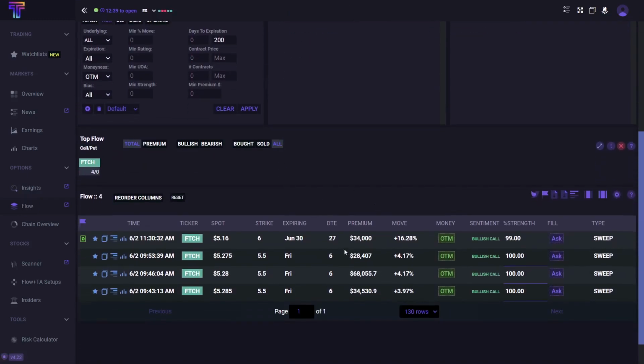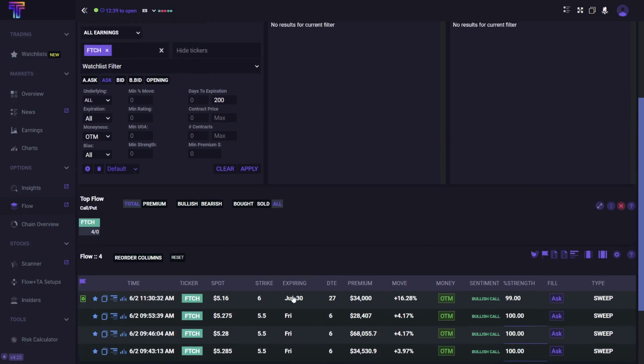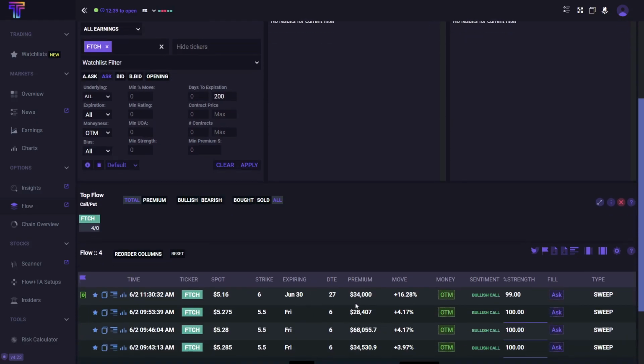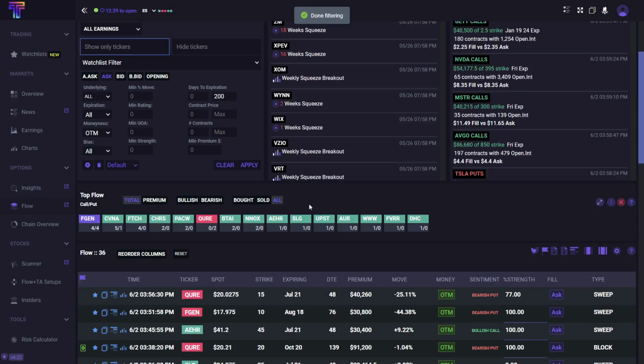But the thing you want to worry about is, remember, these DTEs are only 6 days right here, and the only one that was about 27 days was for 34,000, and there was only one option flow. So we necessarily don't want to look at that one. So if we clear this out, we can actually see,